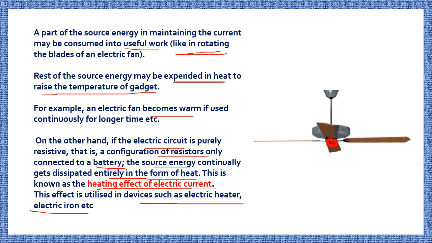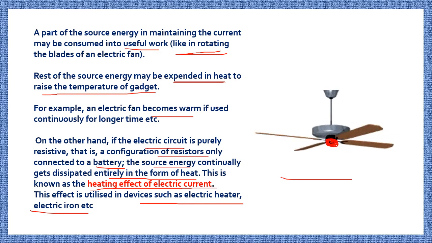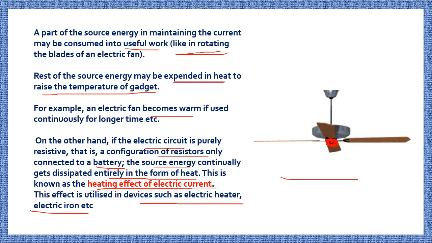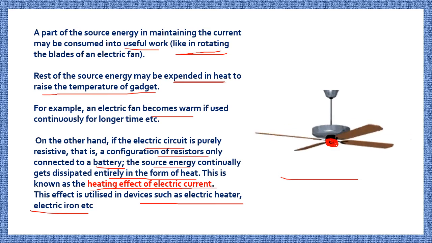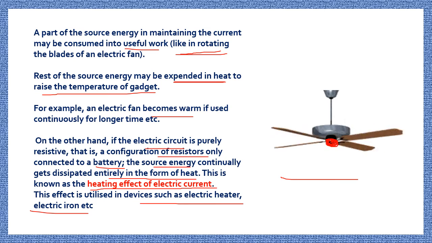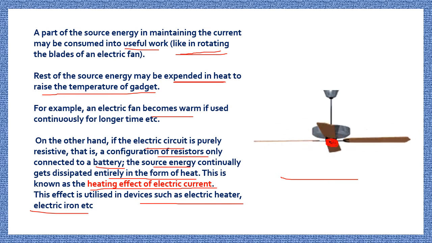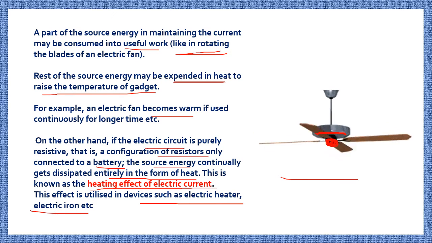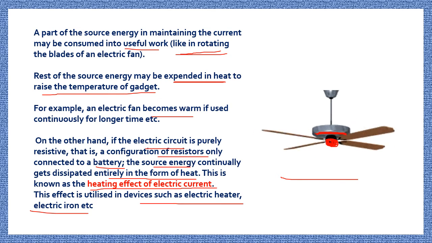Let me explain it again. This is an electric fan, okay? And what is the main purpose of this electric fan? The main purpose of this electric fan is to provide air, and that is why we are giving electricity to this equipment. But some part of the electricity is dissipated into the environment, and that part is used in increasing the temperature of this motor. And this part of the fan, here if you touch, you will feel this is hot. In an electric fan, there is no use of this energy, but